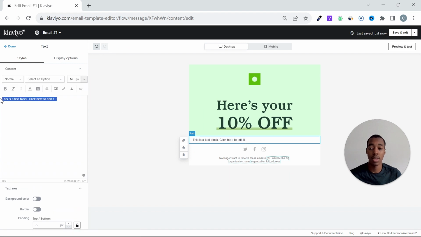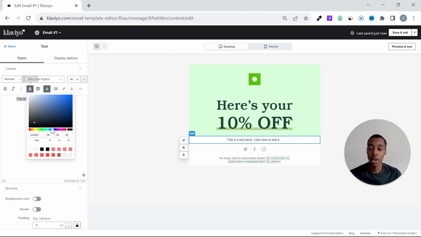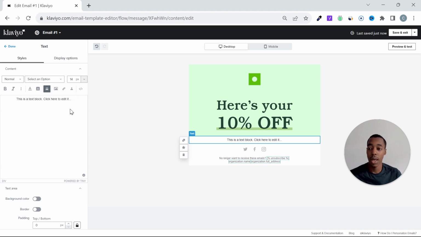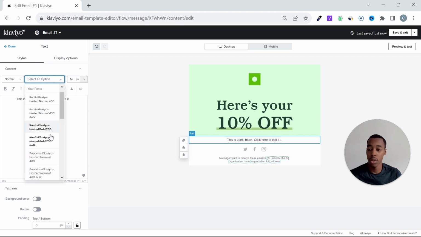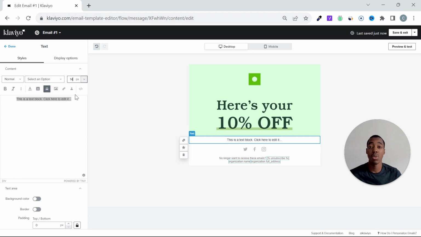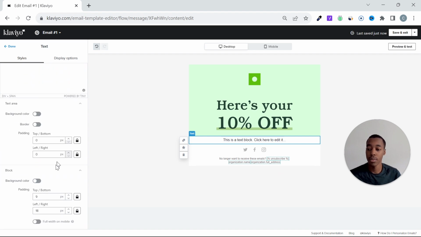Now again, this is editable in the same way we edited the pop-up previously. So if you want to center align the text, you just click here and click center align. If you want to change the color, you simply change the color here. I'm not going to change it. And if you want to change the font, just scroll down the font. It's the same thing we did with pop-ups. So I'm just going to slightly increase the font, put it to 16,